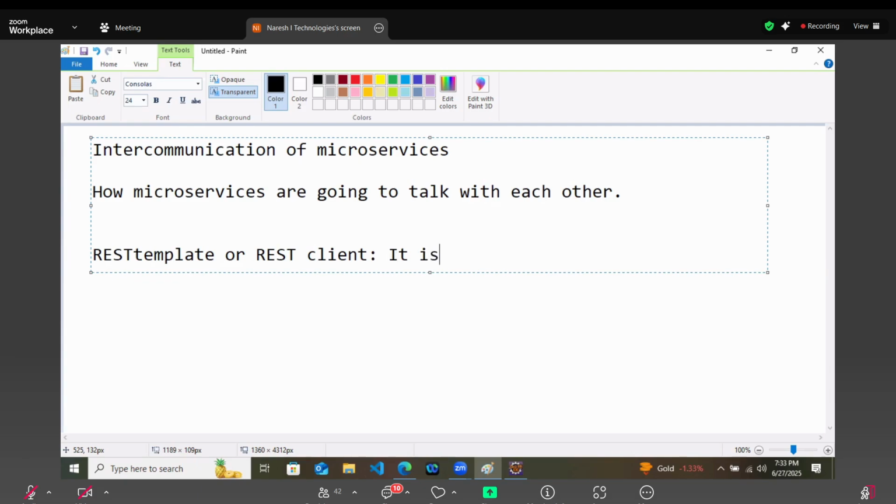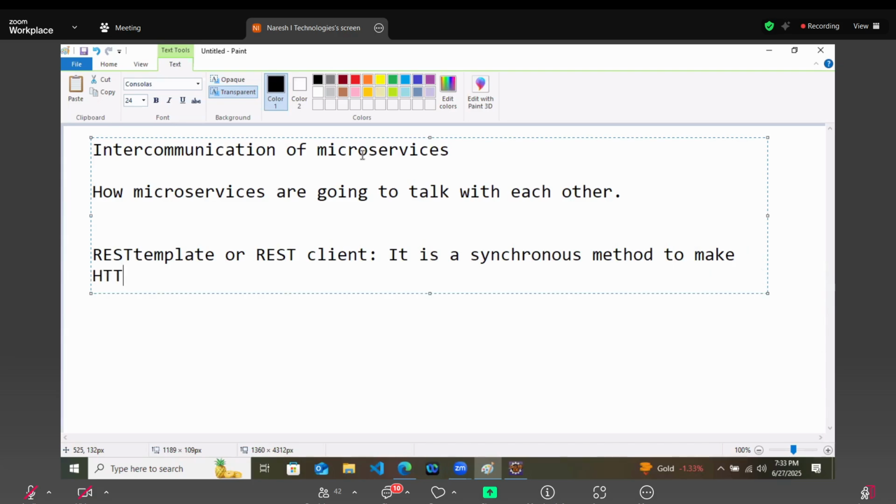It is a synchronous method to make HTTP calls using REST template or using REST client.